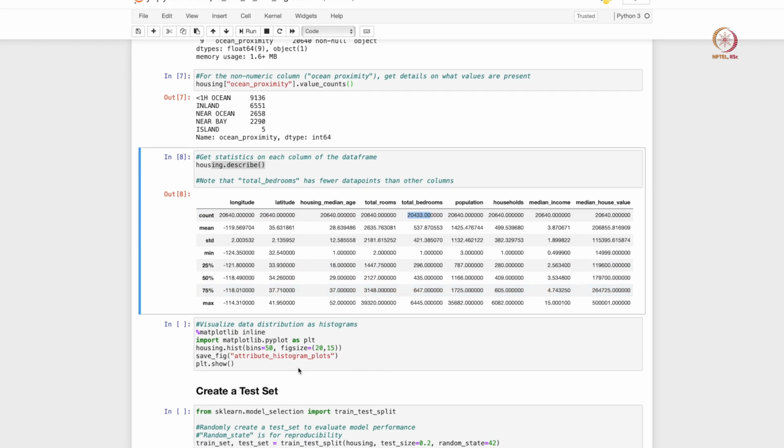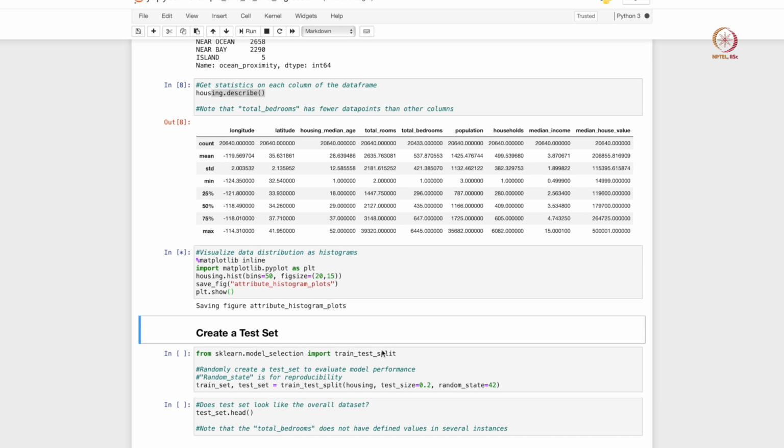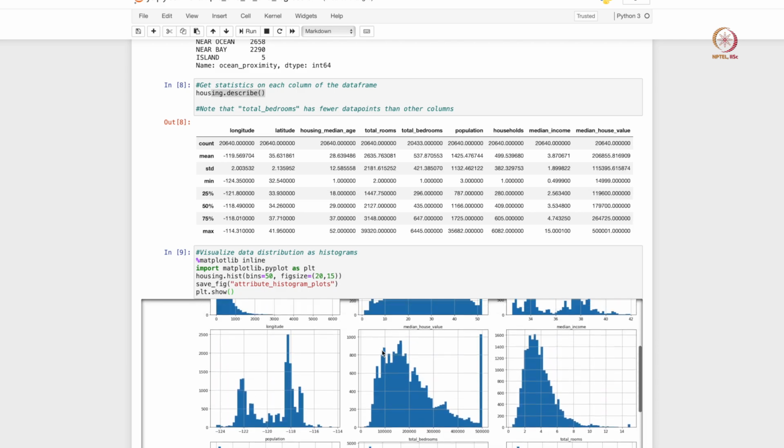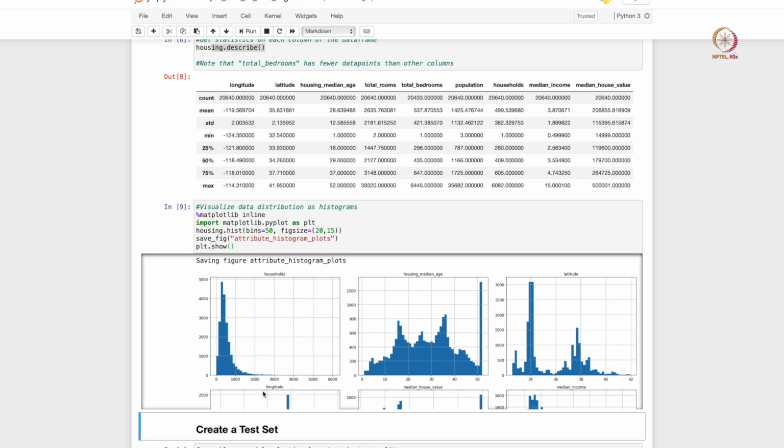Okay, so let us now try to visualize these data distributions as well. This code block basically generates a histogram for all of the features and the target value that we have. So you see that for households it generates a histogram of values, and for median age as well.